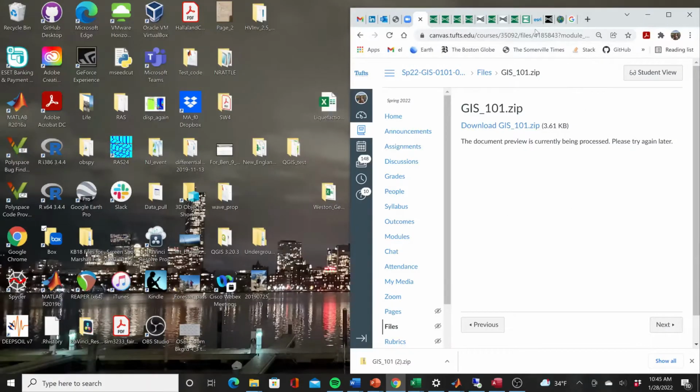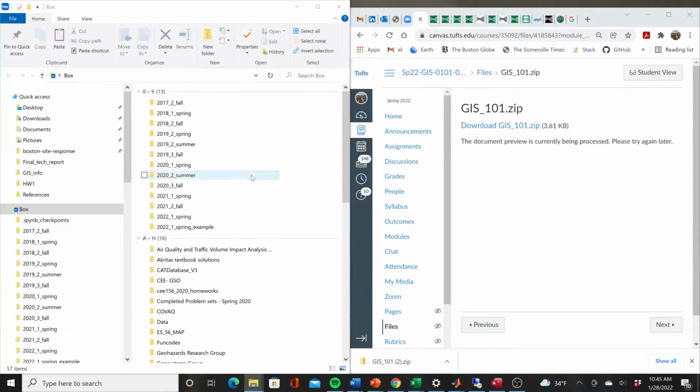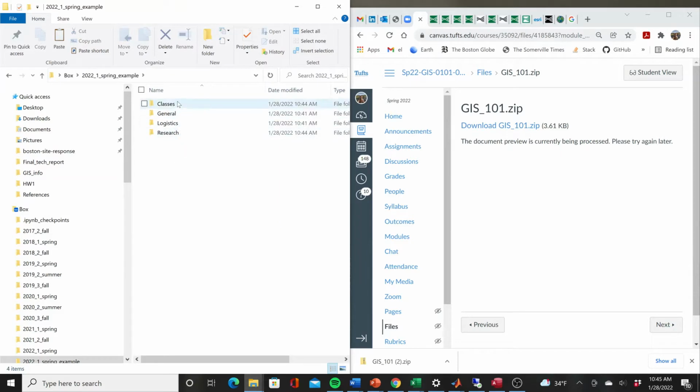Remember, this is how I do it. I drag my screen over to the right. I open up my box folder. So this is my box folder. I made an example here, 2022-1 spring. I've organized my